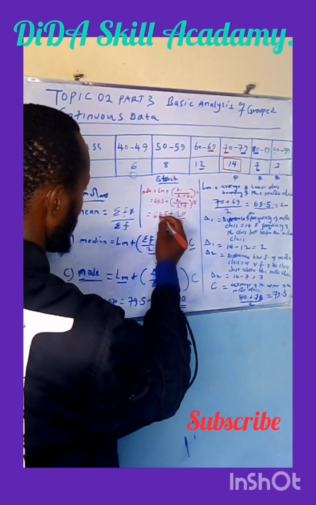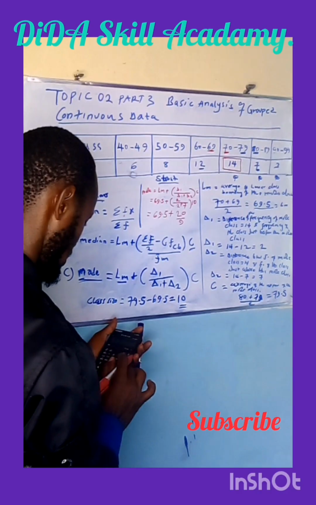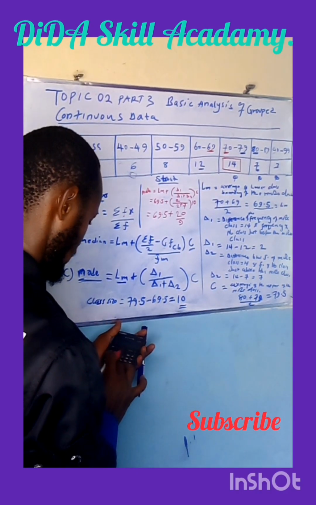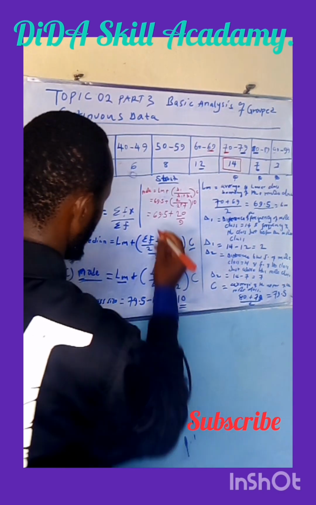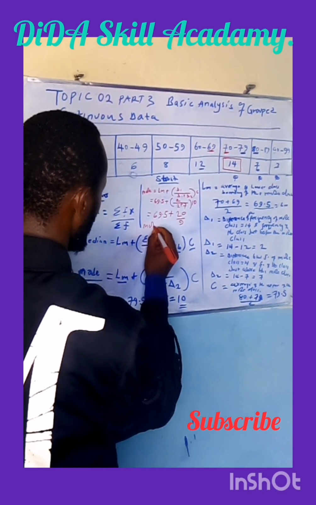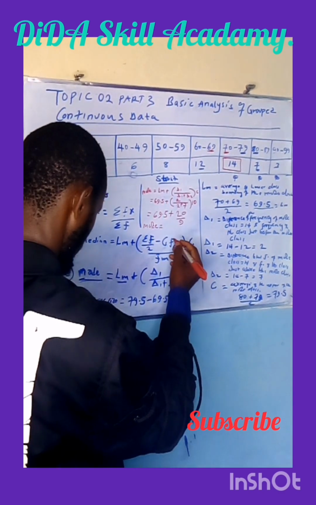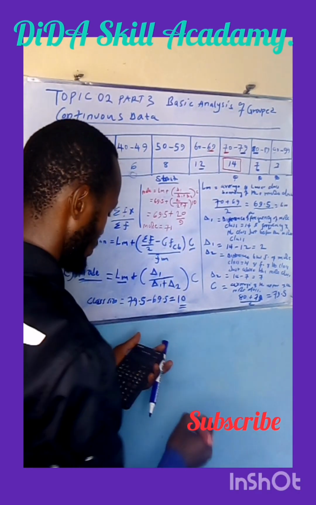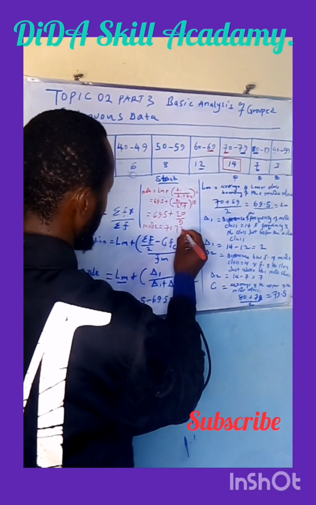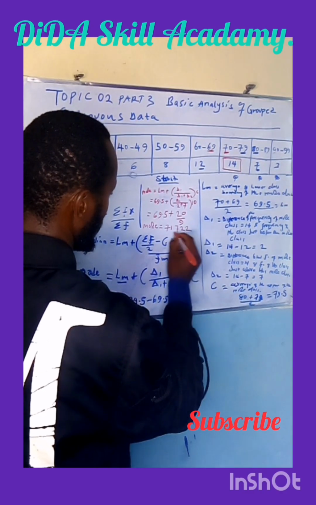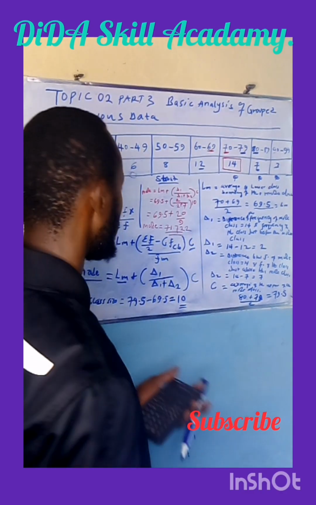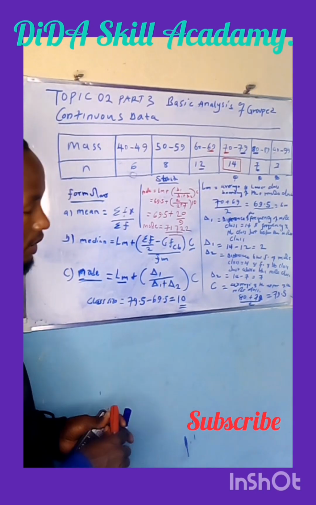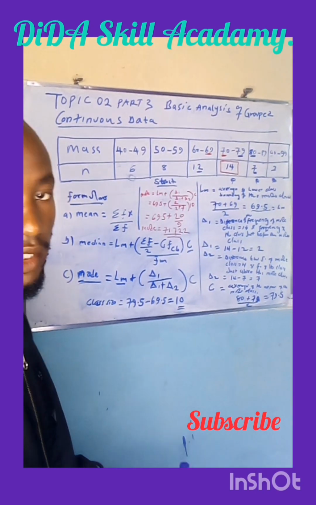Then you add 69.5. So our mode will simply be 71.72. So that's how you calculate the mode